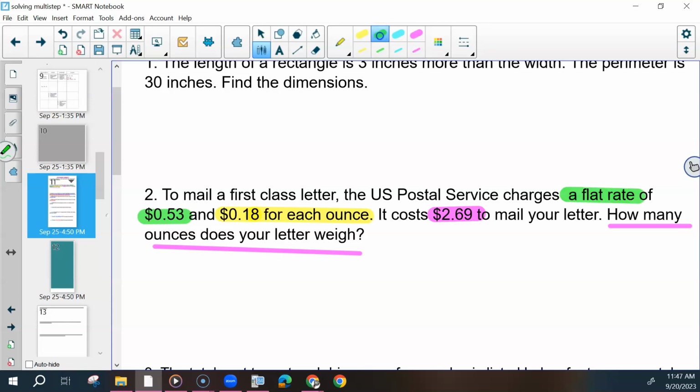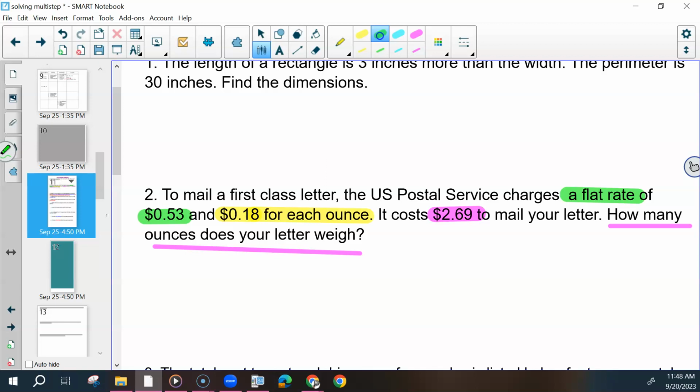Okay. So before we jump into the next part, I'm going to explain what a couple of these things mean. Flat rate, or if you see a one-time fee, that means no matter how big or small, how much your letter weighs, you will always get charged this. So if your letter weighs 100 pounds or 0 pounds, you're still going to get charged 53 cents, no matter what. It's just the way the post office works. I don't think it's actually 53 cents anymore, but for each, if you see those words or the word per, P-E-R, that means whatever that number is going to go with some variable